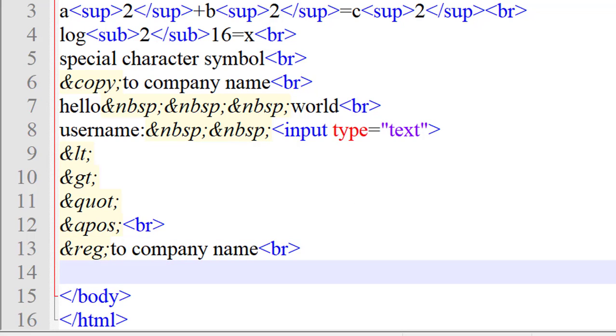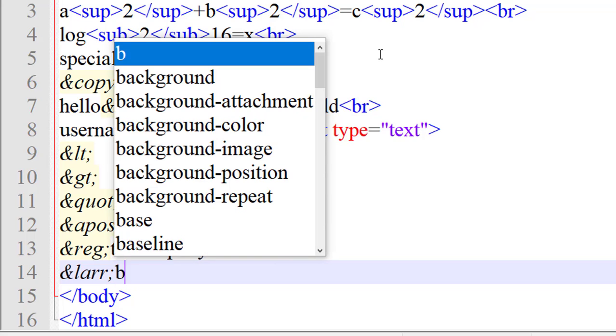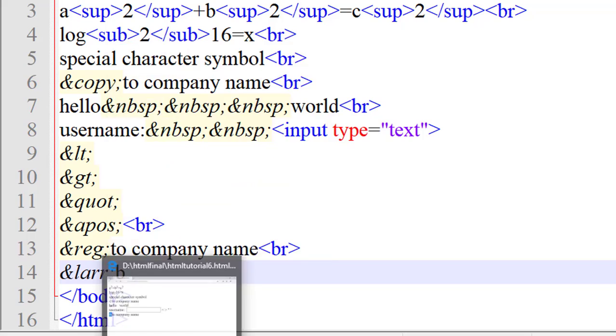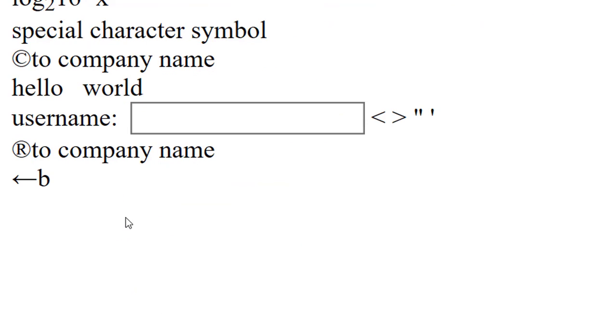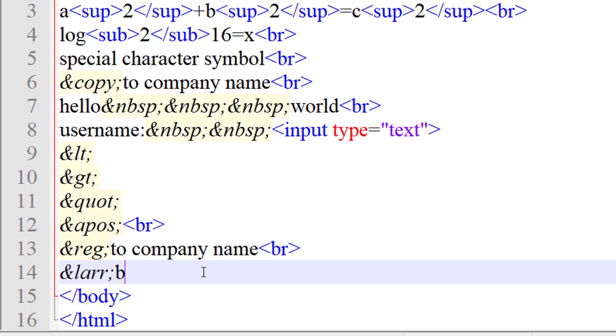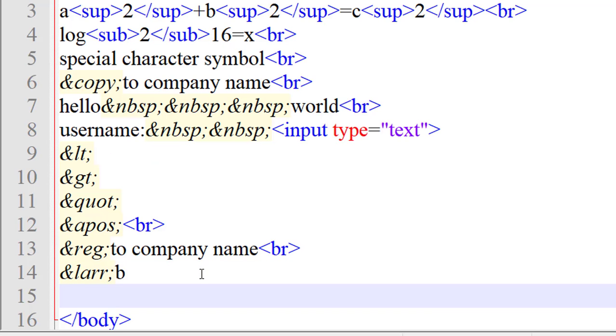I want the left arrow. For that, ampersand LARR means left. ARR stands for the arrow. Okay, so then B. Okay, just save it and run it. Left arrow is created by the coding. Okay, left arrow. After that, I want the right arrow.